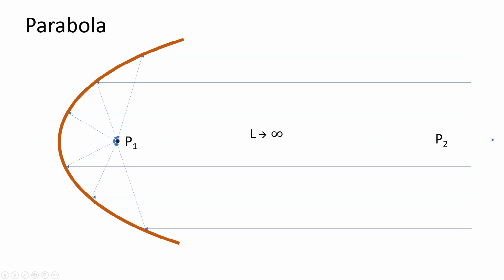Now, if you would use a parabolic surface in this situation, you don't have this spherical aberration. So in a parabola, the curvature is such that each ray parallel to the optical axis is reflected exactly towards the same point. And in addition, the distance traveled by each ray is identical. And that's also important if you want to keep the wavefront in phase for all rays.